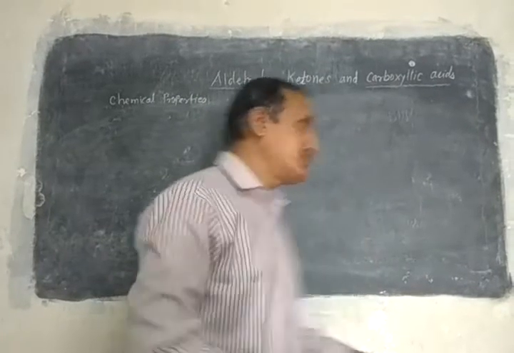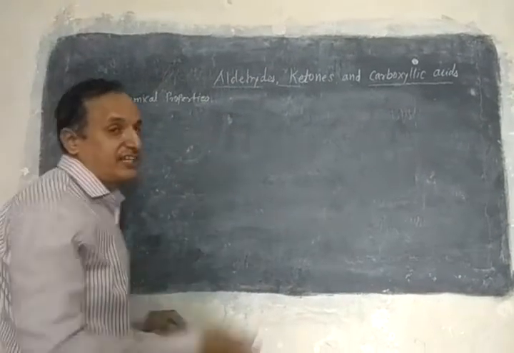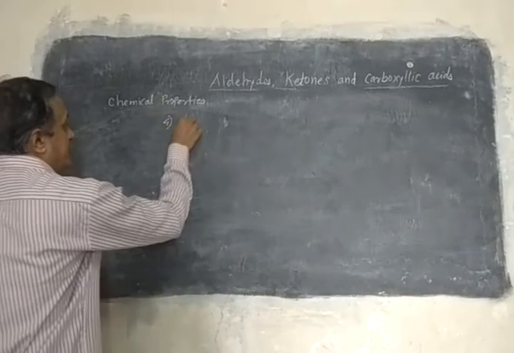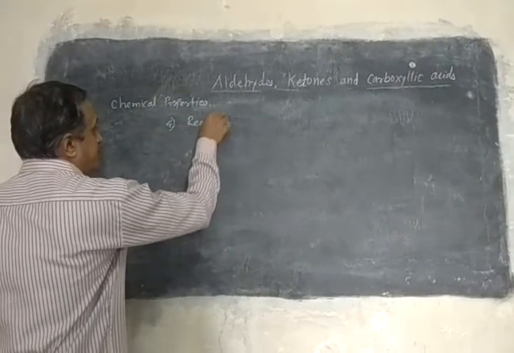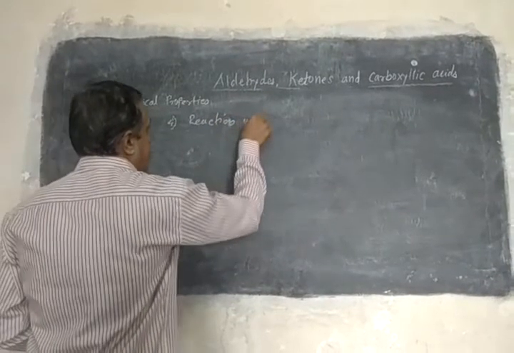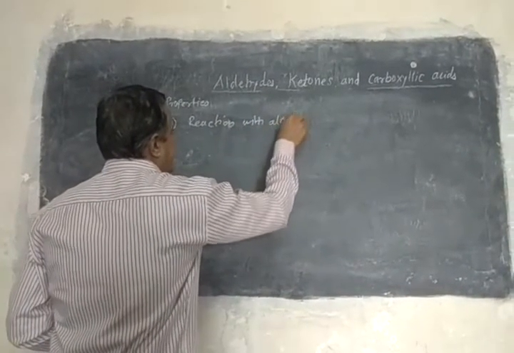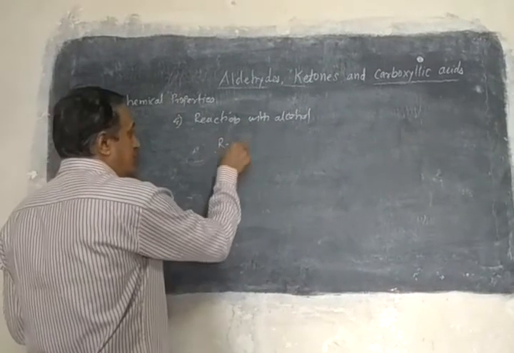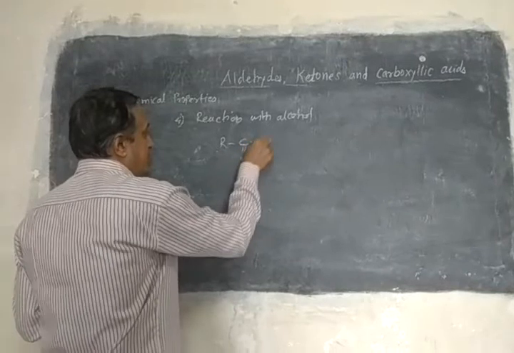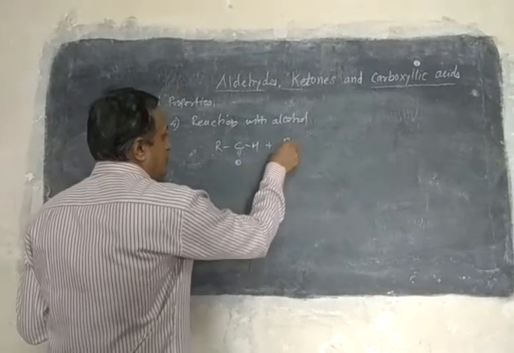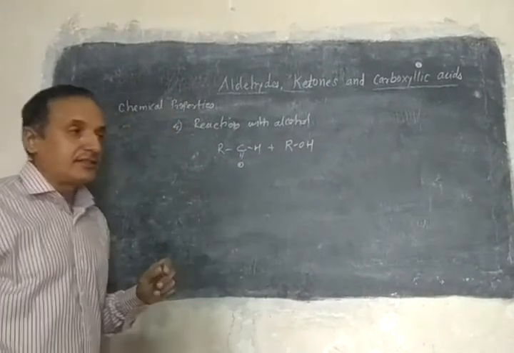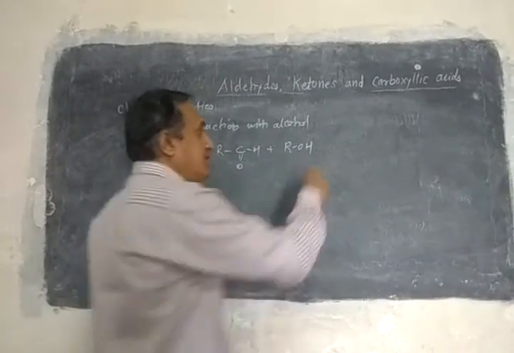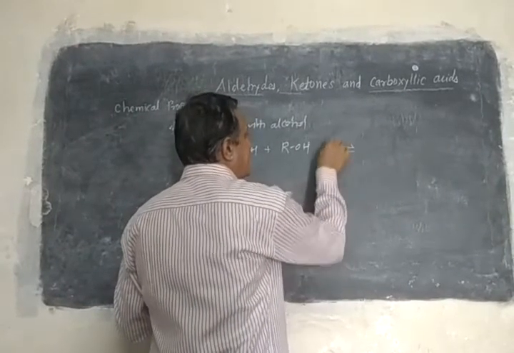Now the fourth reaction is the reaction of aldehydes and ketones with alcohols. Now I'll take the fourth reaction, reaction with alcohols. These alcohols react with aldehydes. So aldehydes, C double bond O, react with an alcohol, suppose ROH. Then this alcohol reacts with acetaldehyde, or aldehydes, in the presence of dry HCl.